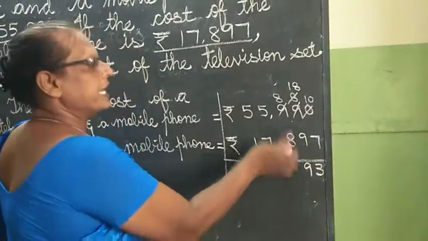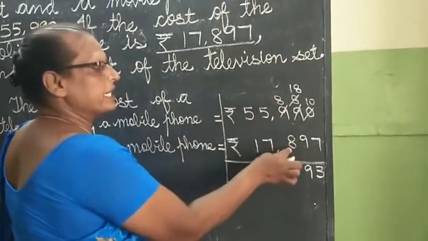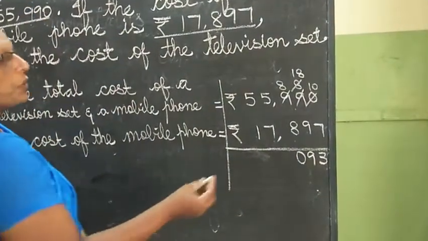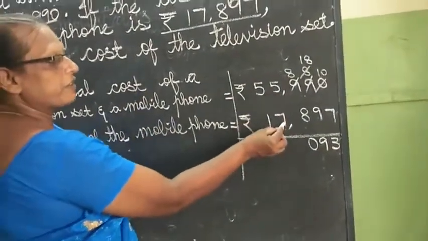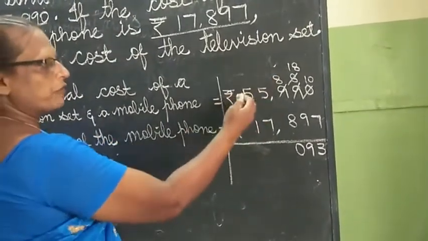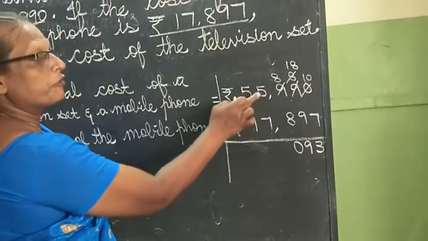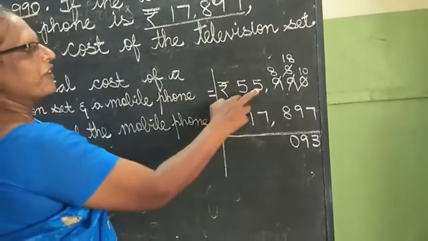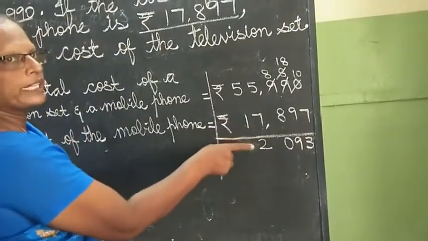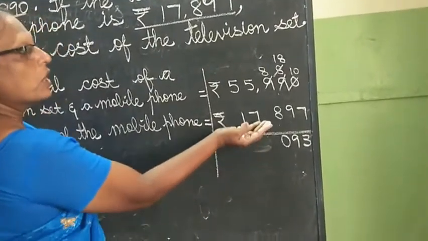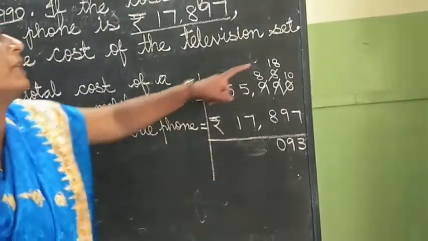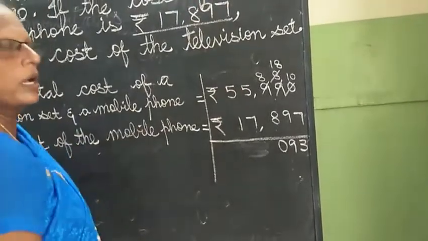And here also 8, here also 8. So 8 minus 8, what, children? 0. Here again, 7 is the bigger number and 5 is the smaller number. So what you have to do, children? You have to borrow from the previous. Many of them will do 5 minus 7 like this and they will put 2. No, the sum will be wrong. Don't do it like that. Okay, children? Always you have to borrow from the previous digit. Otherwise you have to keep this in mind and then subtract.